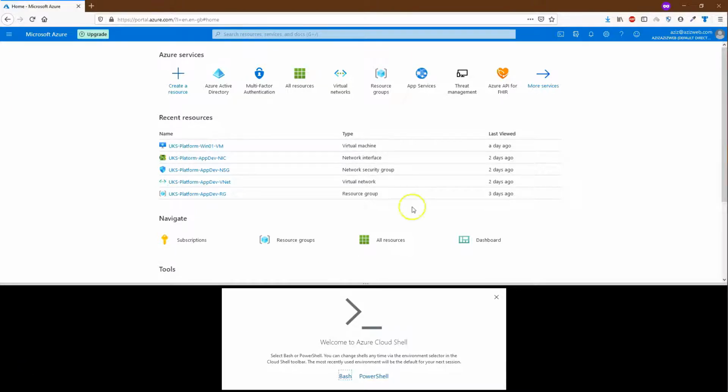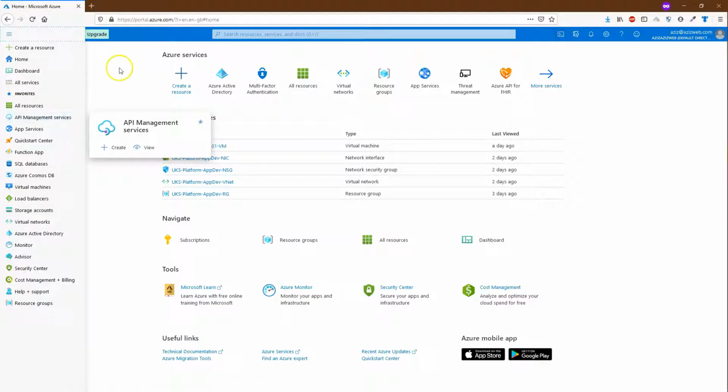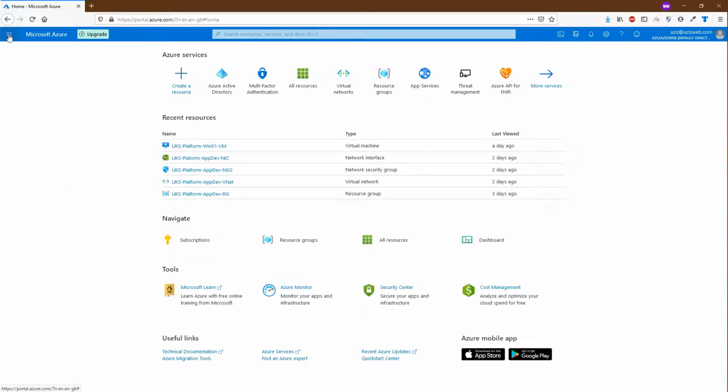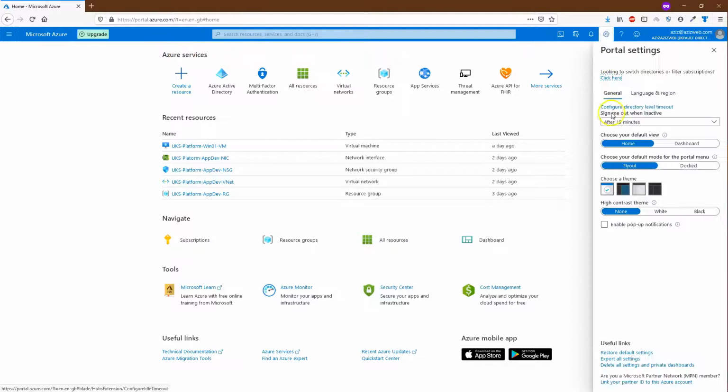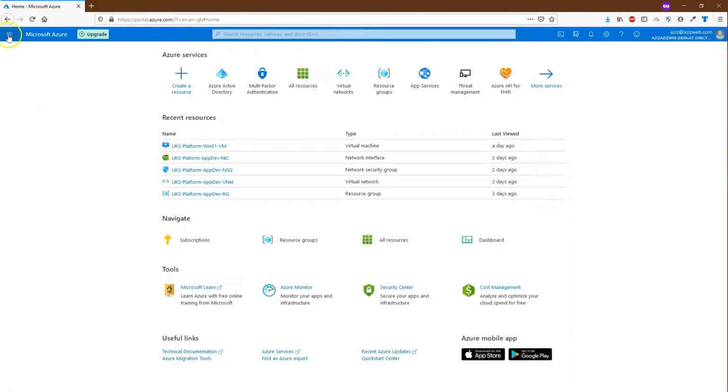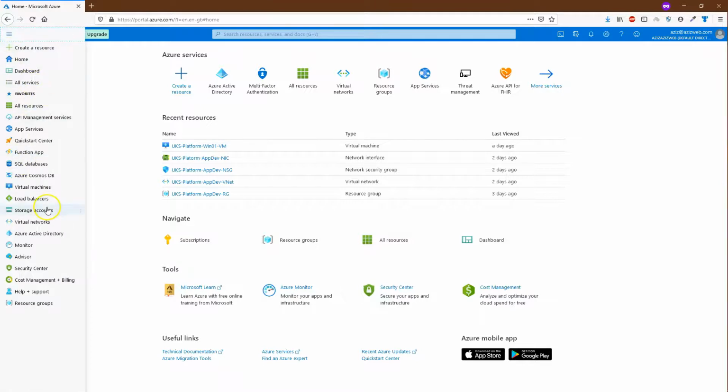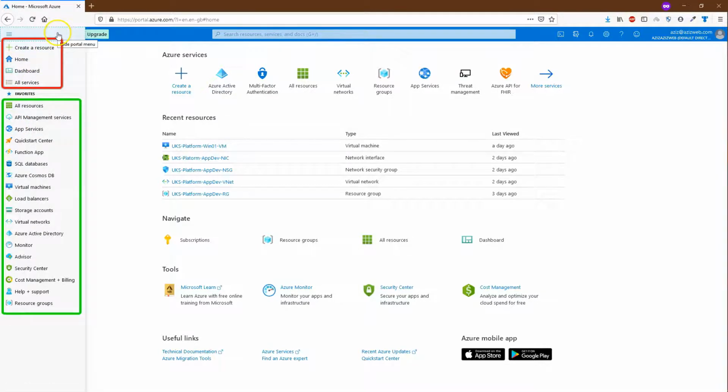Let's move to the Azure menu. As we saw earlier, based on the flyout or docked setting, the portal changes the appearance of the menu. I prefer flyout mode so the menu doesn't take any space on the screen. Click on the hamburger icon to display the menu. The menu is divided in two parts. The top part has 4 items. These are fixed and can't be changed. The bottom part is for favorite resource links.